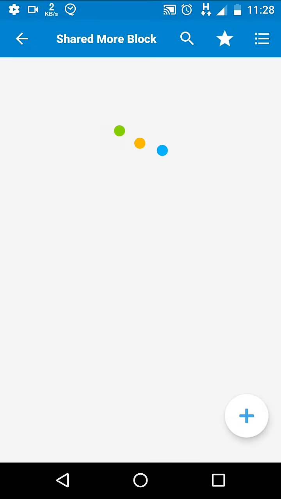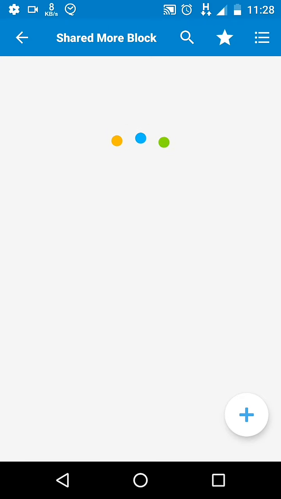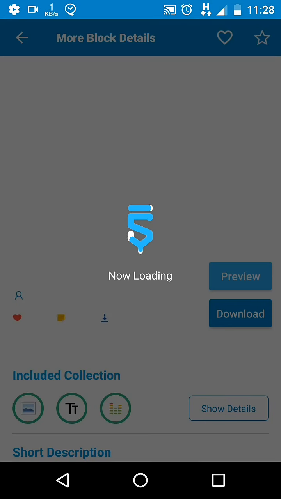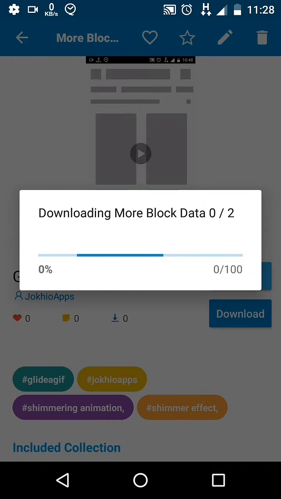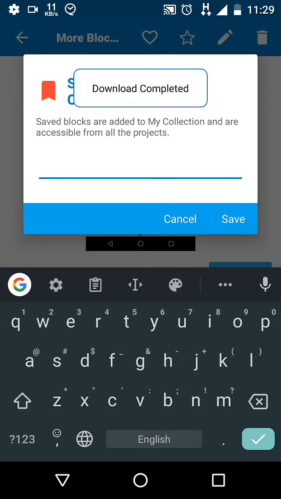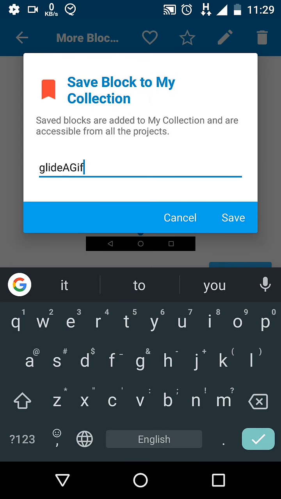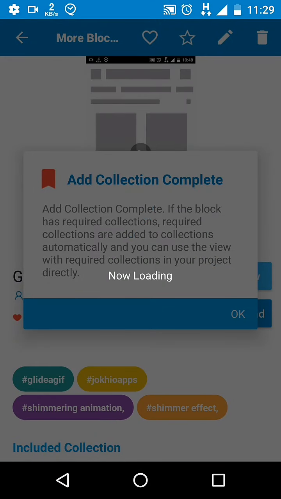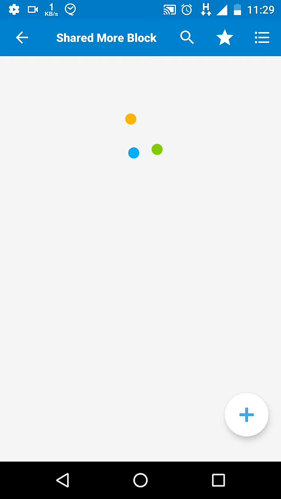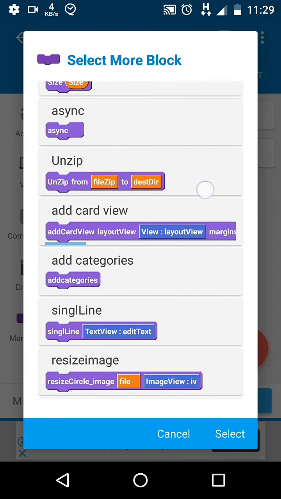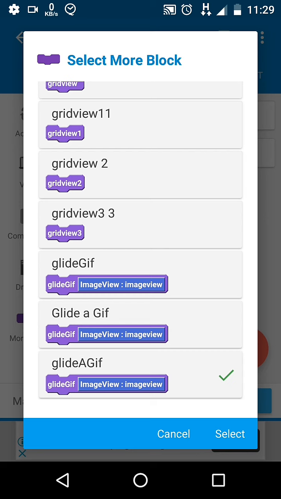In Events tab, go to More Blocks, Shared Blocks and search for Glide a GIF. You will find my block. Download it. Now let's import our newly downloaded More block and we will